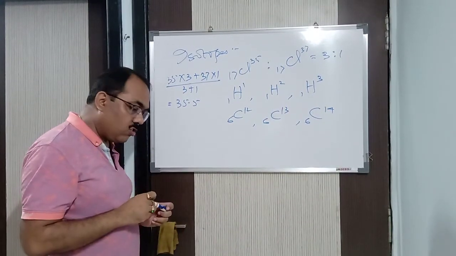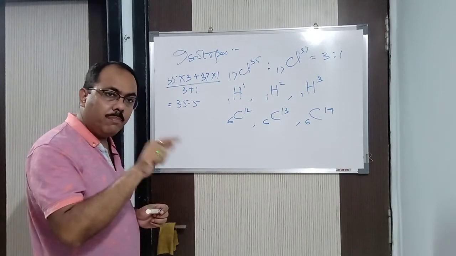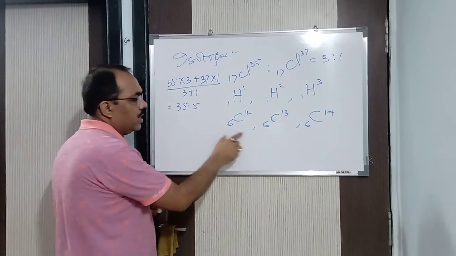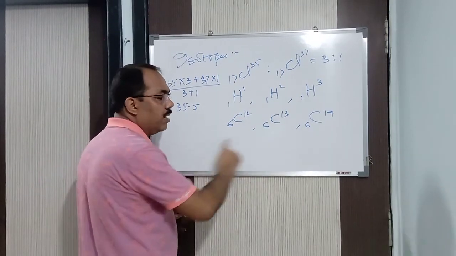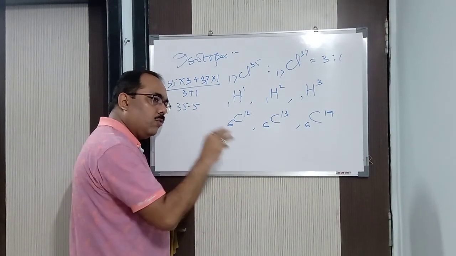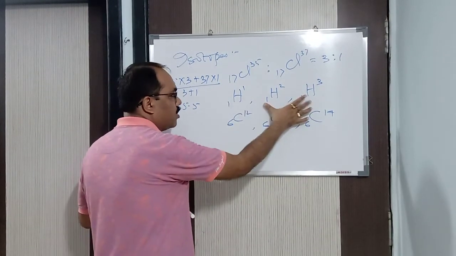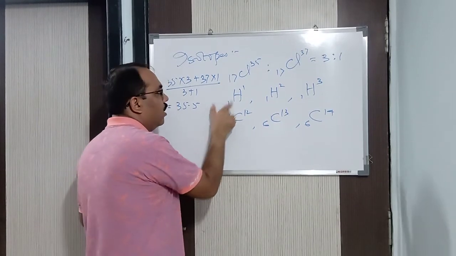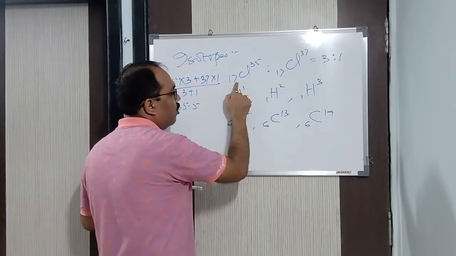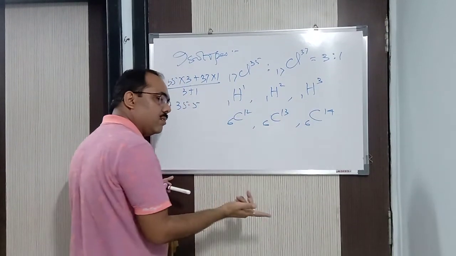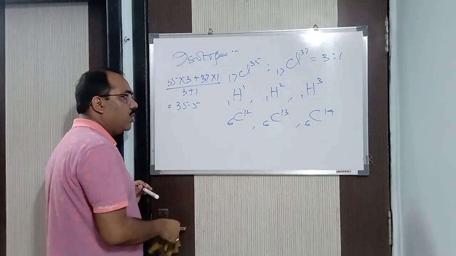Alright? And isotopes occupy the same position in the periodic table. When I teach you the periodic table, you will see that the periodic table is made according to the atomic number. And in the case of isotopes, the atomic number is the same. So isotopes occupy the same position. That means all 3 isotopes of hydrogen occupy which position? That is atomic number 1. Both isotopes of chlorine occupy atomic number 17. All 3 isotopes of carbon occupy atomic number 6. They occupy the same position in the periodic table.